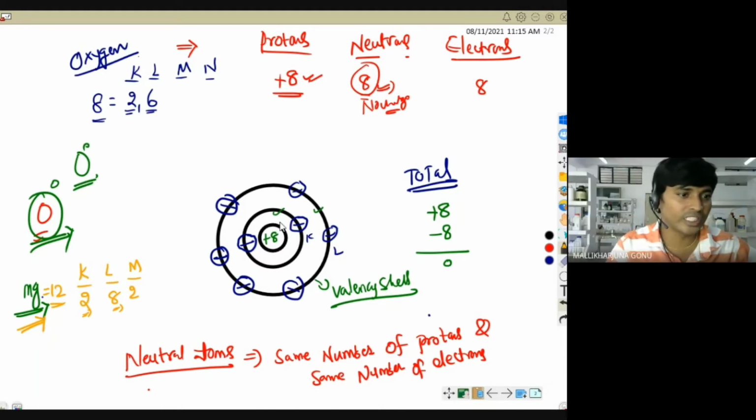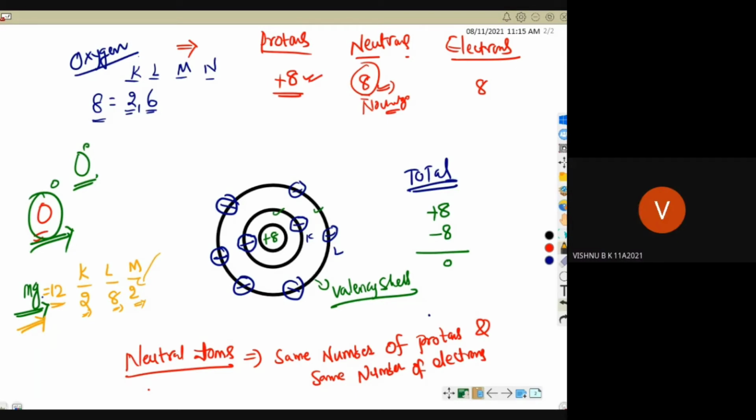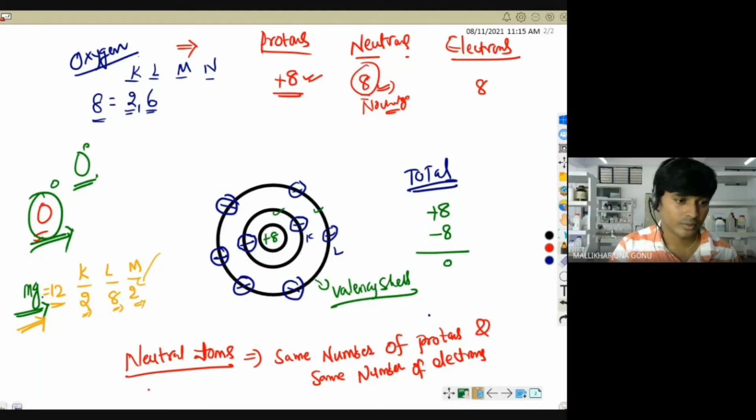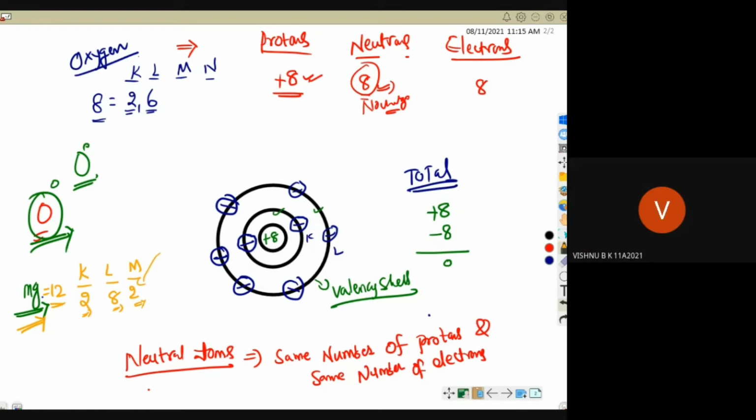So by gaining 4, what will happen? First you tell me which one is the outermost shell. In K, L, M, which is the outermost shell? M, sir. M. So there are 2 electrons in it. So if it gains 4 electrons also, that will become 6. That will not become 8, we have to make it 8, right? Sir, 6. So by taking 6 electrons it will become 8. Will it happen, Vishnu? Sir, it is not possible to take 6 electrons, sir. Then what will it do? Sir, it will lose 2 electrons, sir.